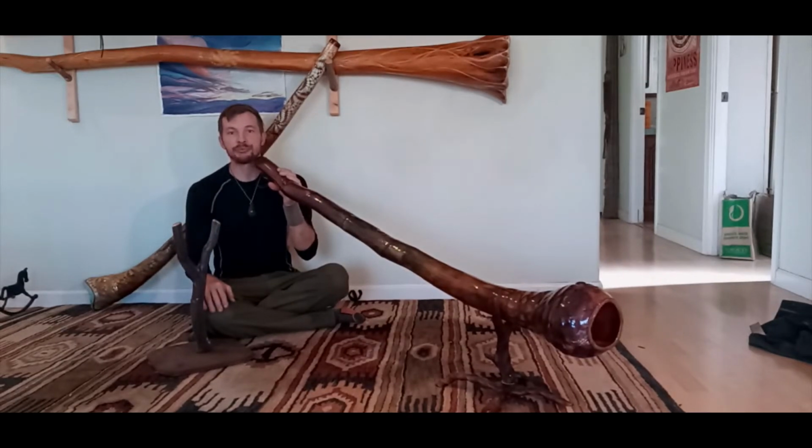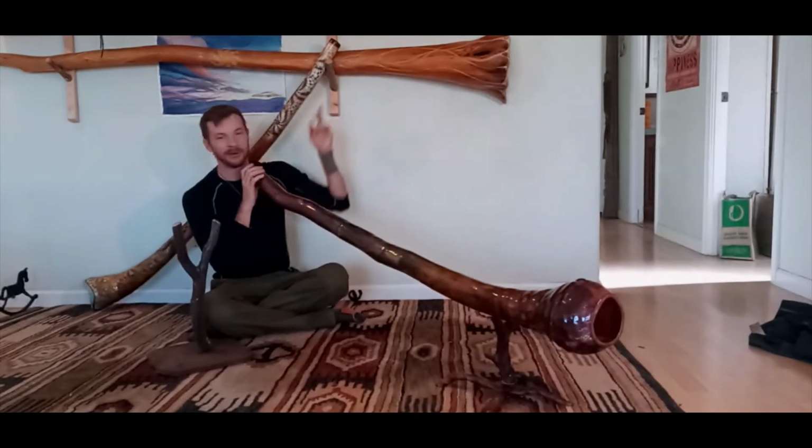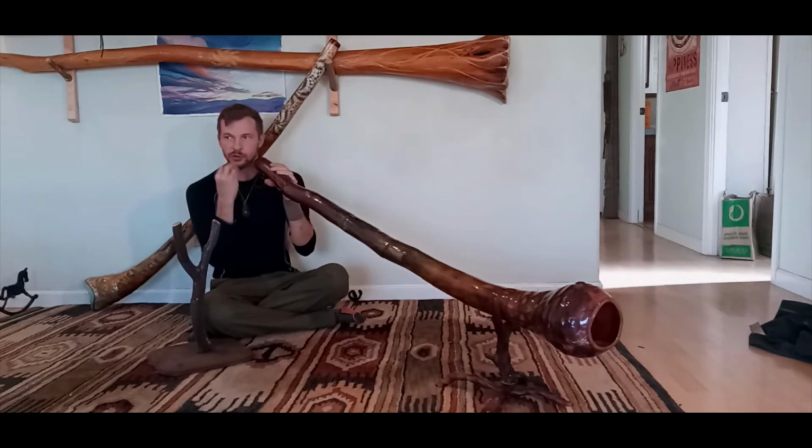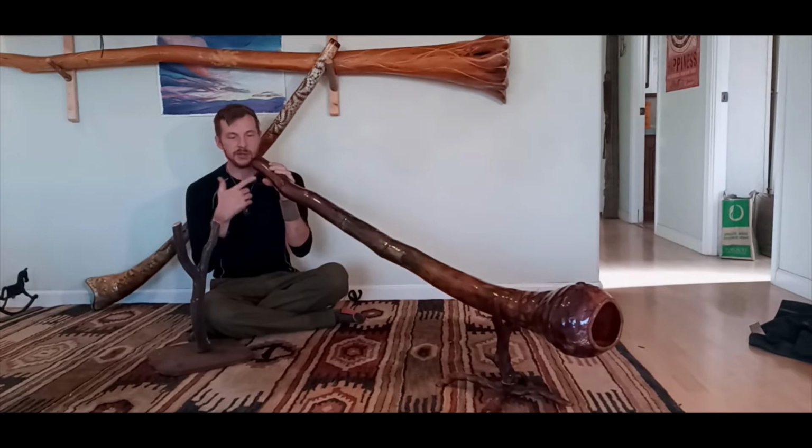This on the front, this on the side. There it is. And that embouchure is going to be different for any different didge. Like my big one up here, that's much lower. It's much looser lip tension. This one's more like...